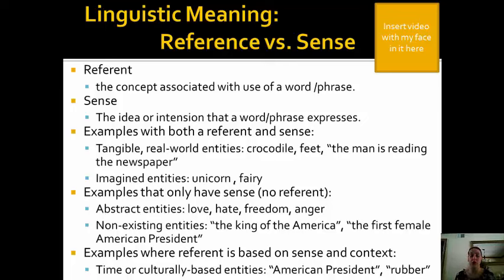Same thing with rubber, for example. So rubber has very different meanings depending on where you are. If I were to say that in South Africa or in England, what people would picture in those societies would be an eraser, right? An eraser is what is pictured. But you say that in another context, in the American context, and people conjure up the image of a condom. Okay, so just think about the words having different meanings depending on where you are, depending on the time, and especially words that don't have a reference are sometimes harder to teach your ELLs because there's not an image that you can show them, and could also differ, right, based on where you